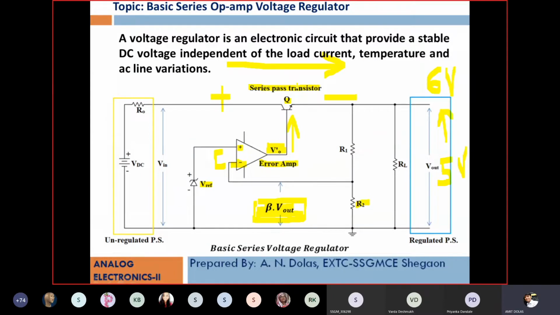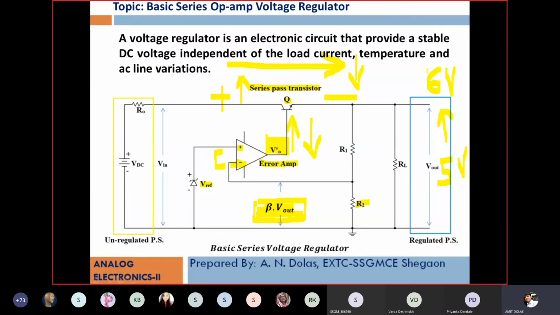increases, and vice versa. So collector current and the voltage across the transistor, that is VCE, have an inverse relation. There is a direct relation between collector current and base current. So of course base current and VCE value will have an inverse relation. So as this V0 dash, that is the output of the error amplifier, decreases, base current decreases. Due to that, collector current also decreases, and as collector current decreases, VCE value increases, and it will try